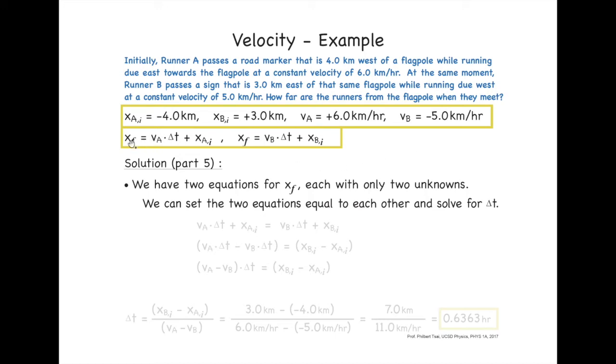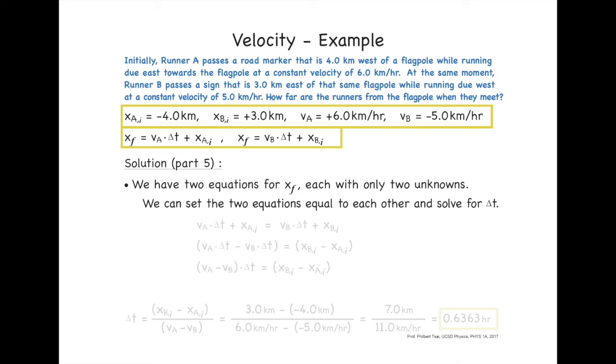Notice we have two equations with two unknowns, right? In this equation, we know the one and only velocity for runner A, and we know its starting position. We also know from this equation the velocity for runner B and their initial starting position, but in both equations we do not know the final position. That's what we're trying to solve, and we don't know delta t, which is our intermediate goal. So we have two equations with two unknowns, and if you'll recall from your algebra, that's a solvable system,